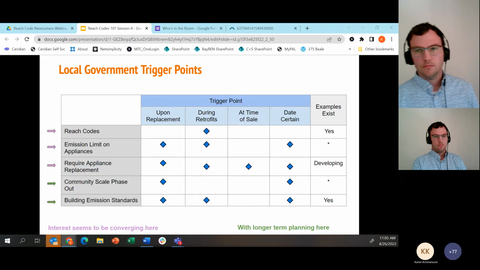And then, of course, the date certain, which is to set a date in the future and say by such and such date, you must meet whatever that requirement is. Some of these are stackable, so that upon replacement you could have a phase-in date certain, same with time of sale, so that by such and such a date over time, you phase in these requirements.